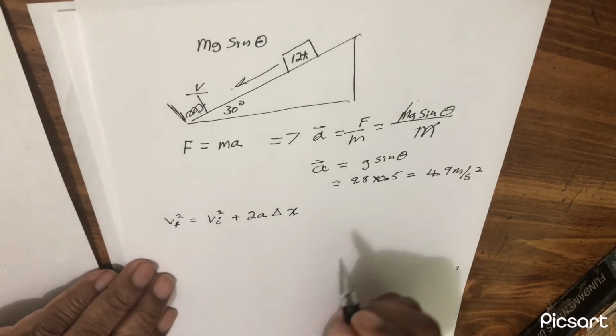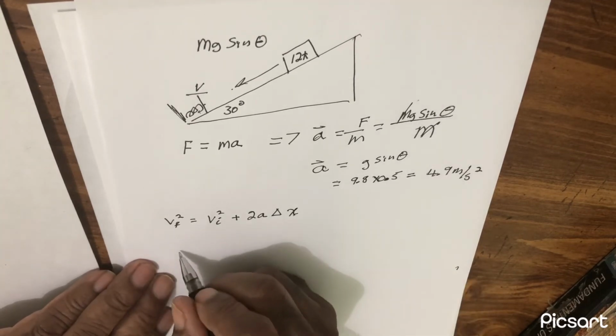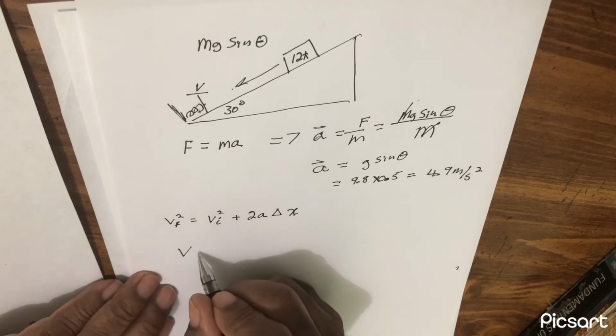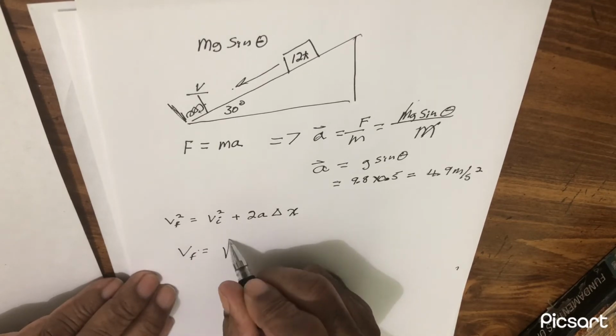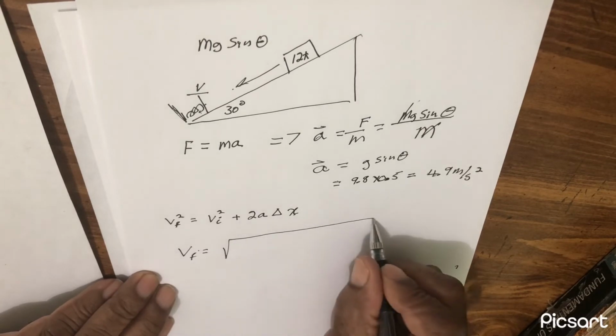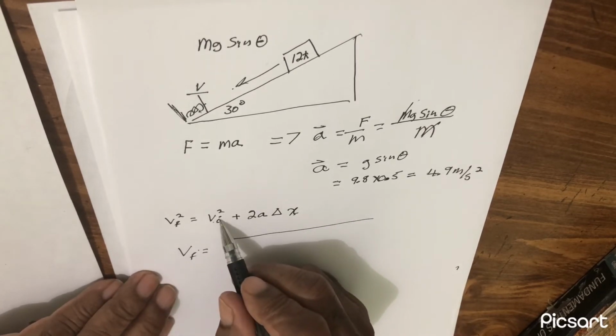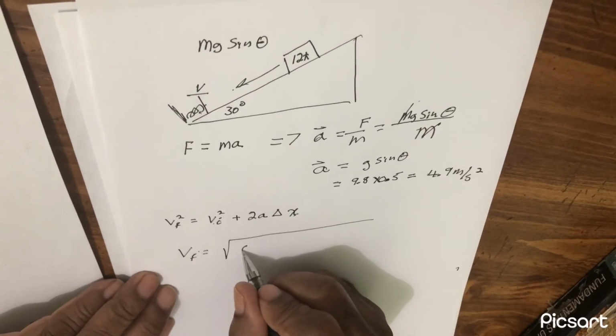So let's just solve for it. So V final is going to equal the square root of V initial, well, that's 0,